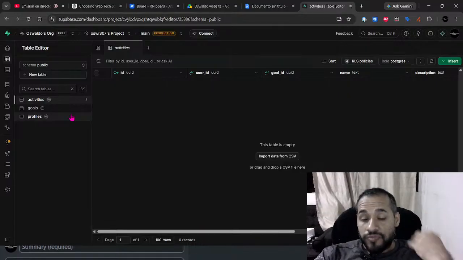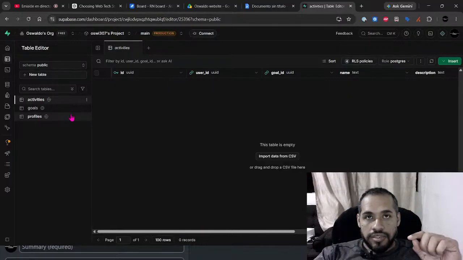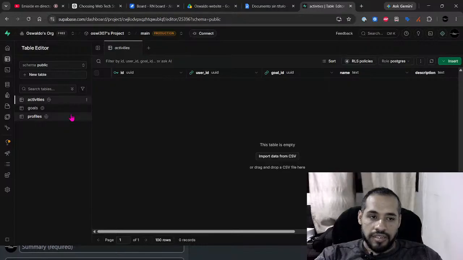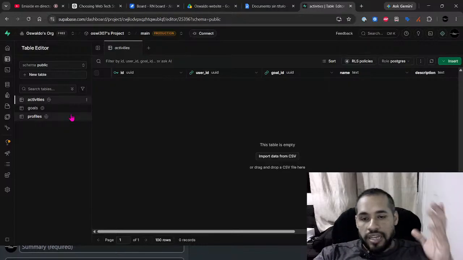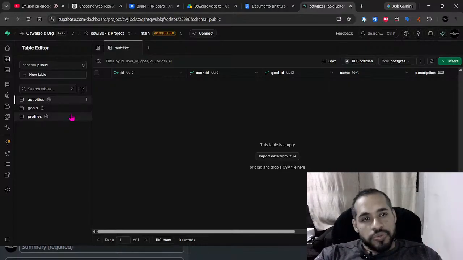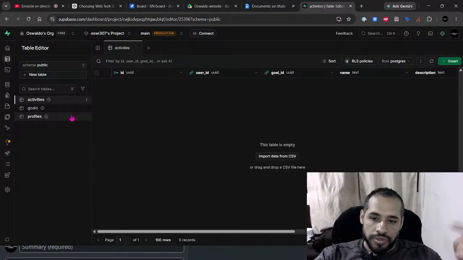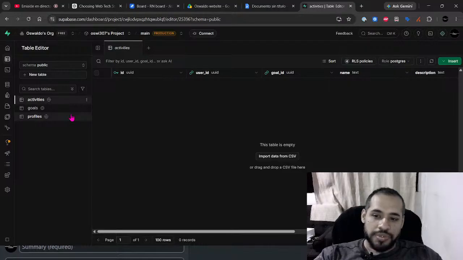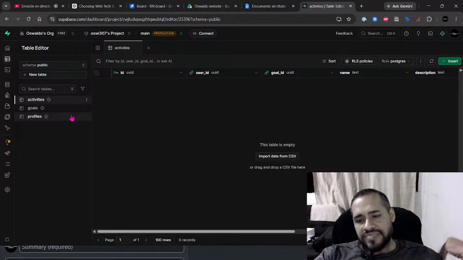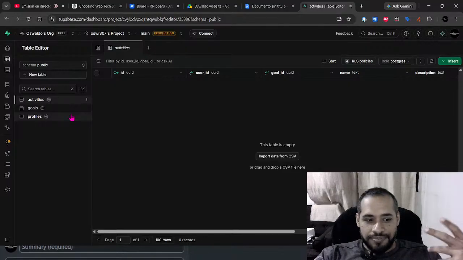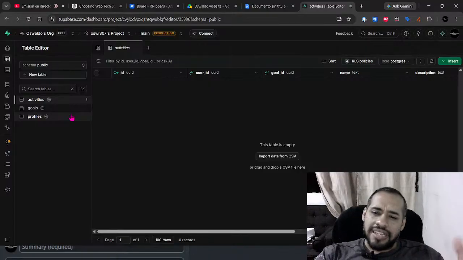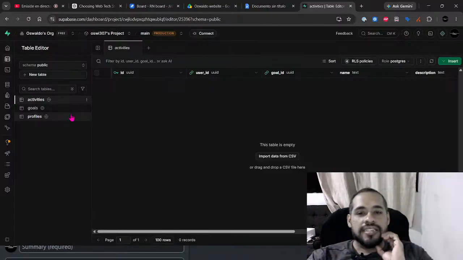Because for me, if goal ID number one belongs to profile one, you won't be able to associate goal one with profile two. So all the activities belonging to goal one are implicitly part of that profile. But let's keep it this way.